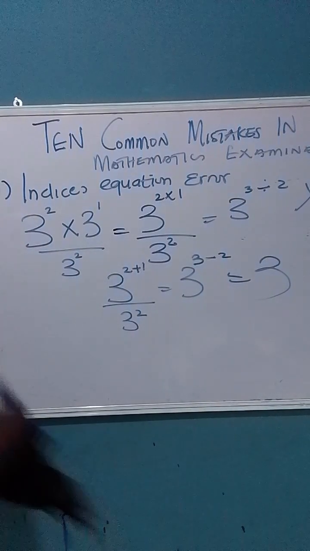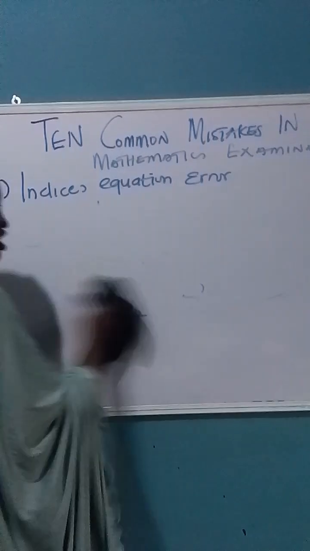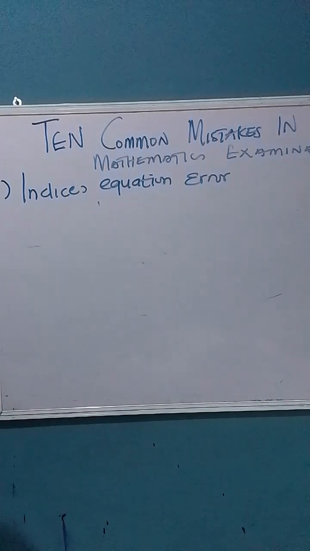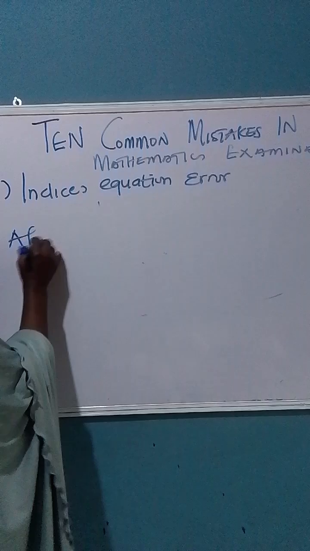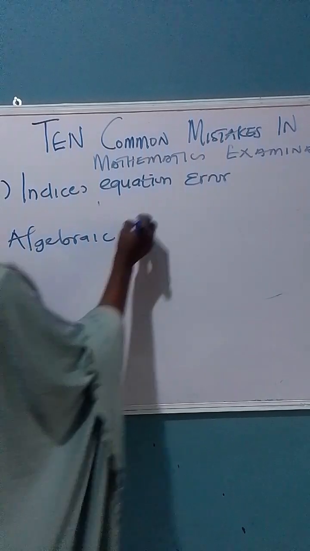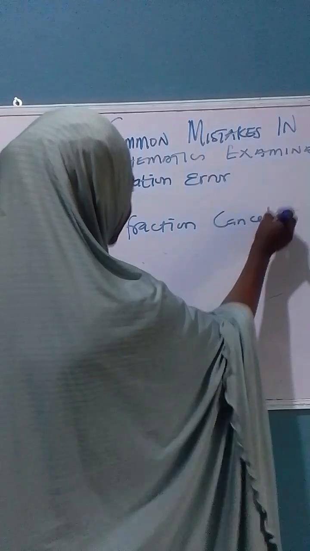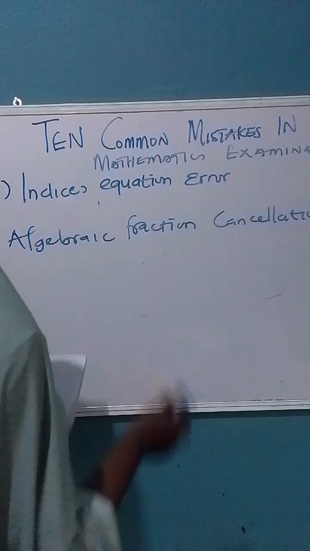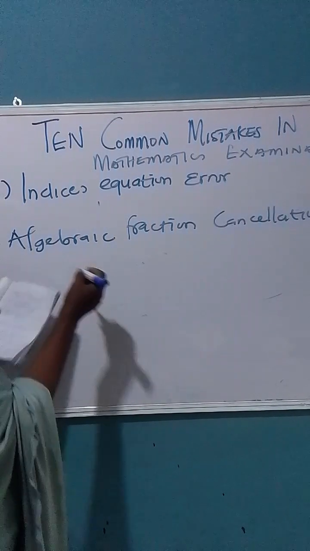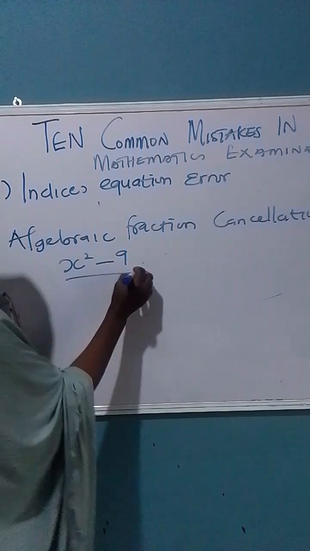The second error that is common, the mistake that students often make in O-level mathematics, is algebraic fraction cancellation. So what do I mean by algebraic fraction cancellation? This is when students are given a question like, let's say, x squared minus 9 over x